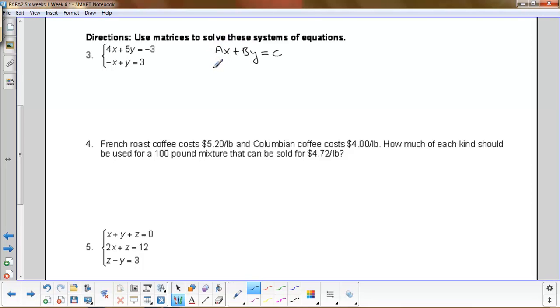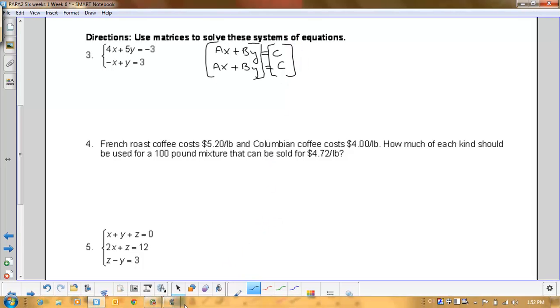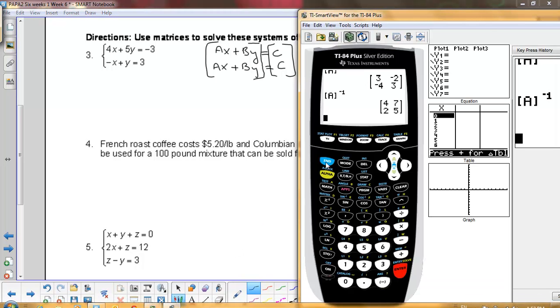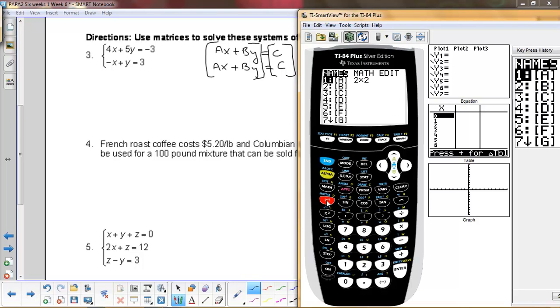So the way that you set this up is AX plus BY equals C. Your matrix A is going to be the left side of the equation, and your matrix B is going to be the right side of the equation. Do not use variables in the matrix, only use coefficients. Go to the matrix, edit matrix A,